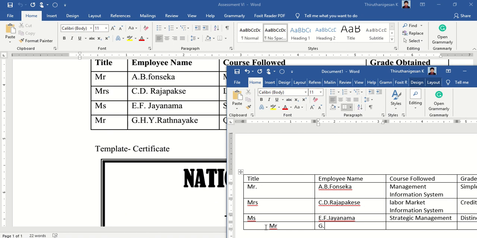In this way you want to enter the entire given data in your Word table.